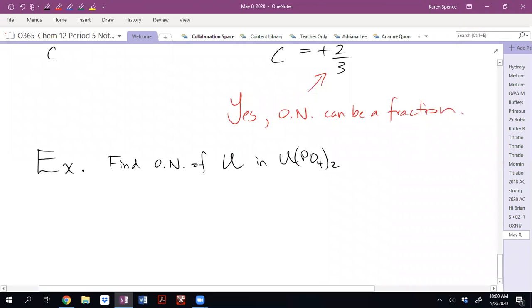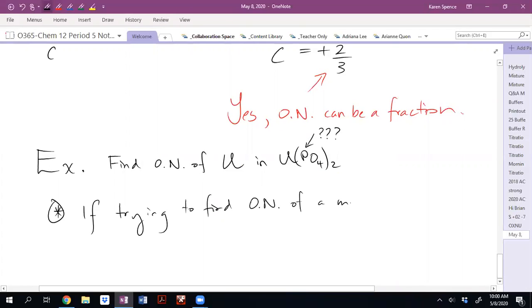Okay, now this is one thing that is a little bit tricky because you look at this and you're like, hang on, what's the oxidation number of P? I don't know that. I'm going to have a problem. There's one extra little tiny thing that you need to know: if you're trying to find the oxidation number of a metal, and it is combined with a polyatomic ion,